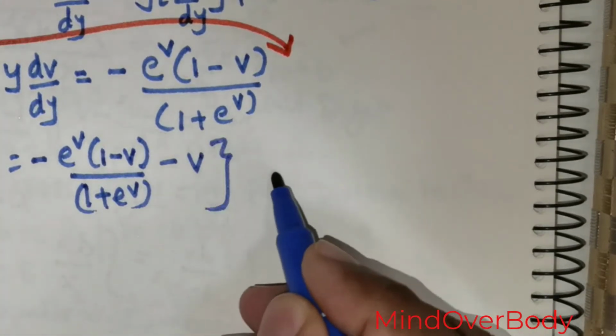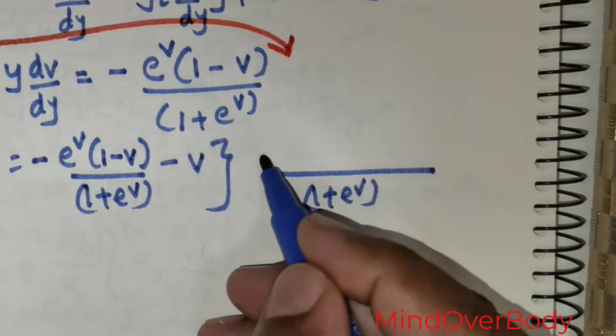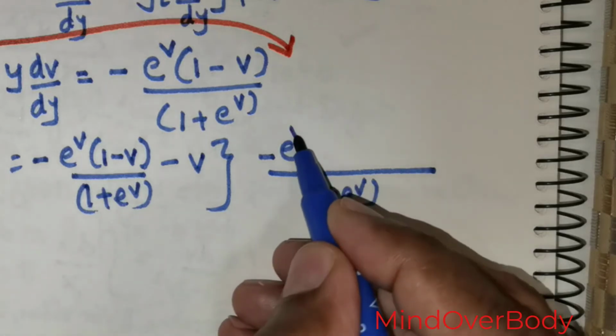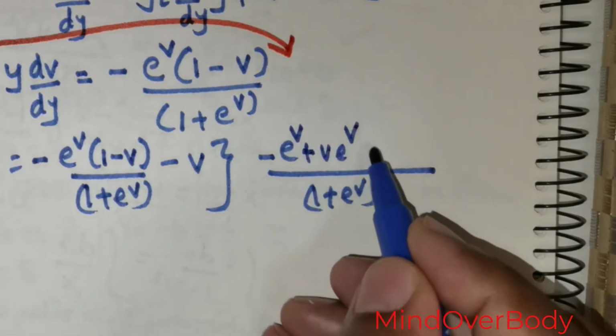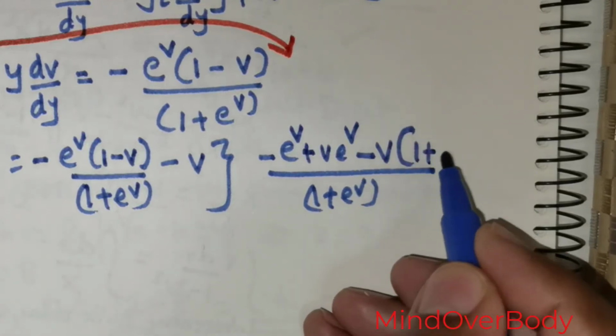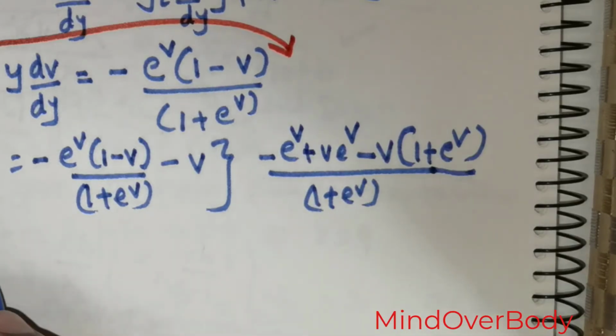Now, simplifying by taking 1 plus e raised to the power of v as the LCM, and just using the distributive property, this is going to be e raised to the power of v plus v times e raised to the power of v, and this is going to be negative v times (1 plus e raised to the power of v). So this is what I've got. So this is equal to